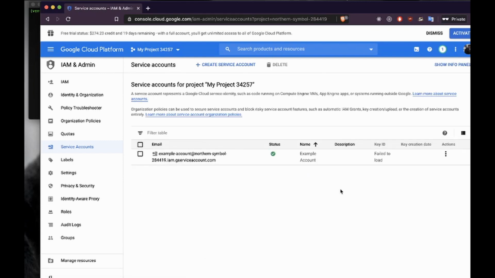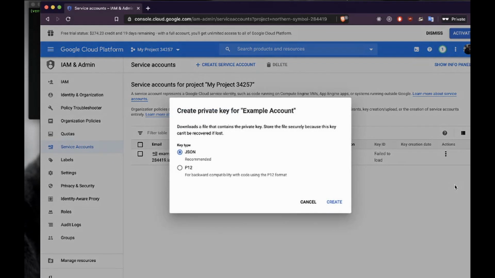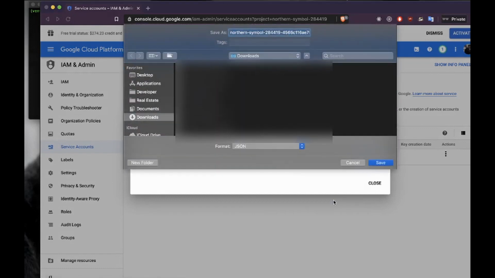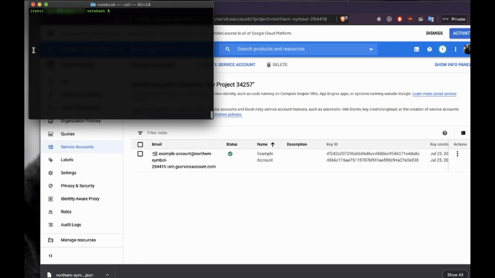So once you have your example account made, you will want to load a key ID. So there's no key ID here. What you will have to do is click actions, create key. So what you want to do is download JSON. The JSON is the recommended. That's what I did. What it would do is download a key onto your computer, a JSON key. Once you have that key installed on your computer, now what you want to do is type in this